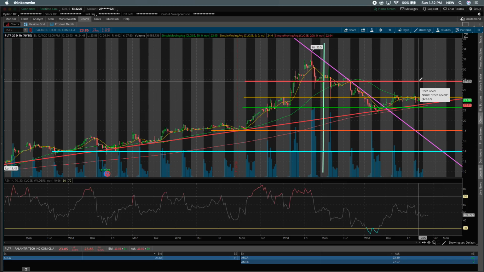Again, the red line is about 27.67. The yellow line's about 24.60. The green line is about 22.59. The orange line is right in the $18 per share range, and the blue line is right around 14. So I had a lot of people ask about those specific lines for those mobile viewers where it's maybe a little